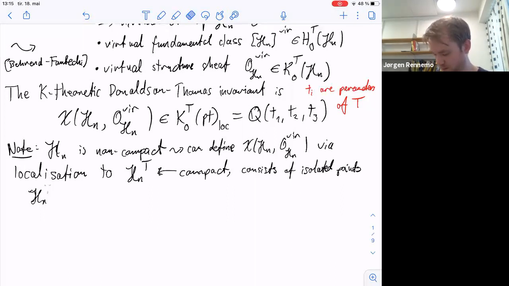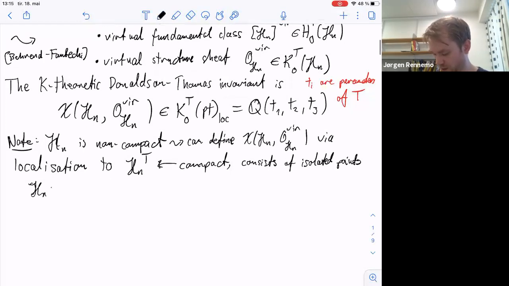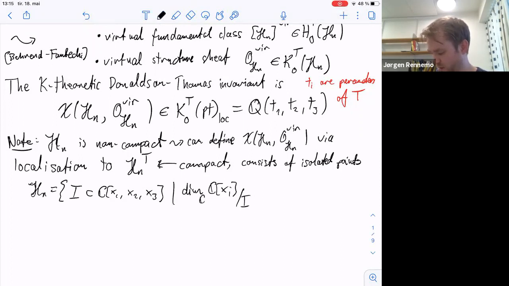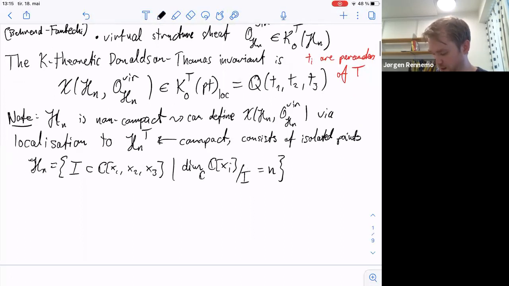HN you can think of as the set of all ideals in a polynomial ring of 3 variables such that the dimension of the quotient as a C vector space is n. Now the fixed points here are the same thing, but you require that I